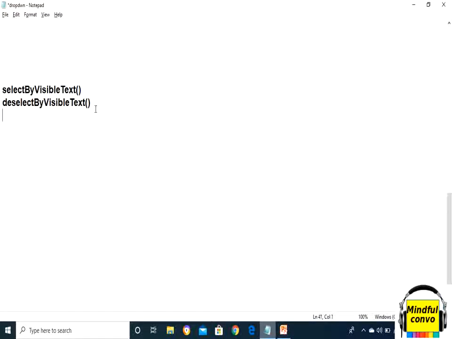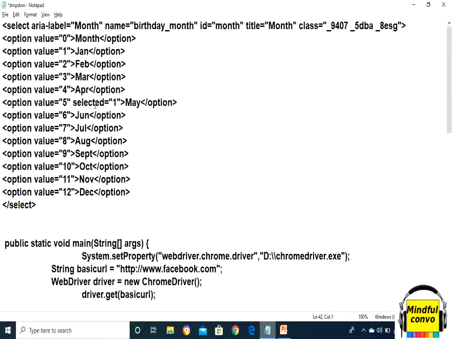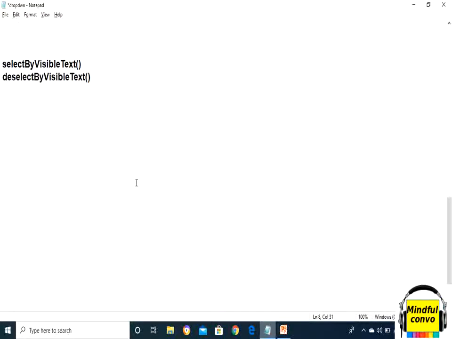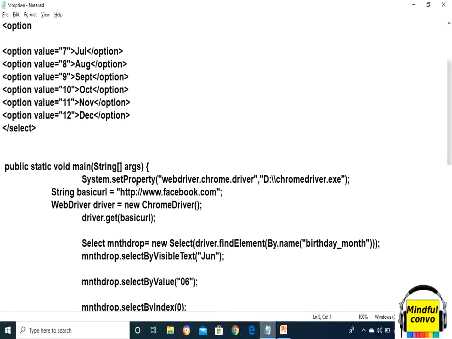Or if the value is already selected and we want to deselect, then we will use deselectByVisibleText, and in the parentheses we will write the option value that we want to deselect, like June.